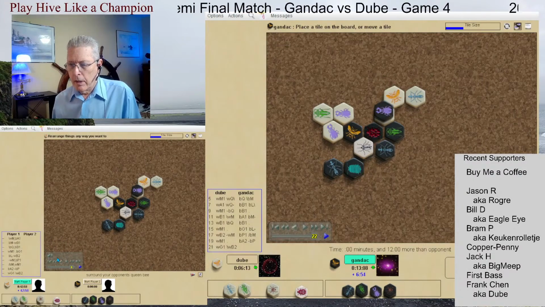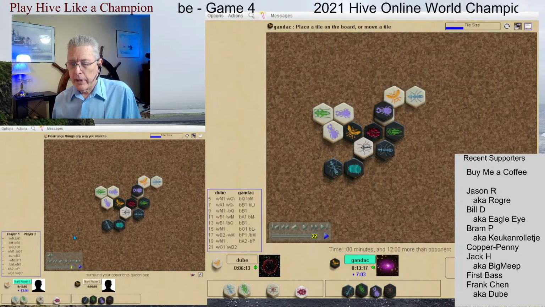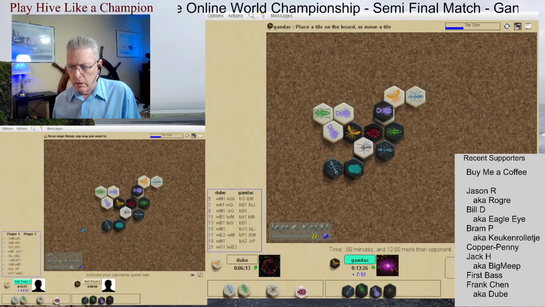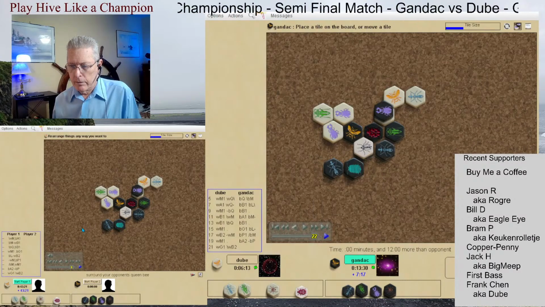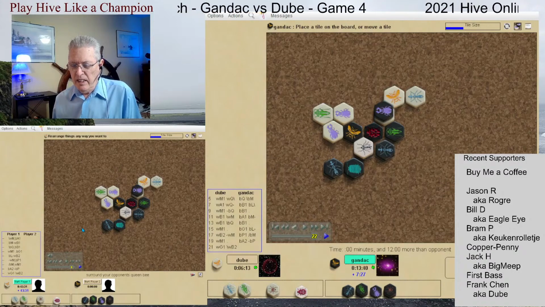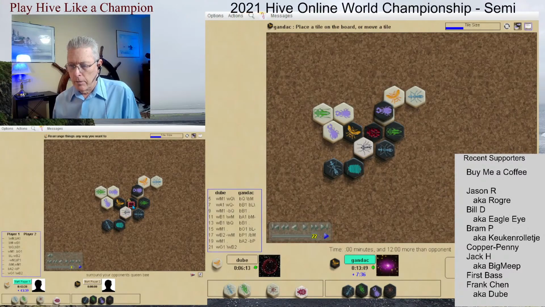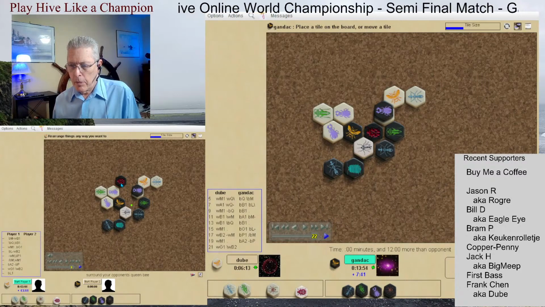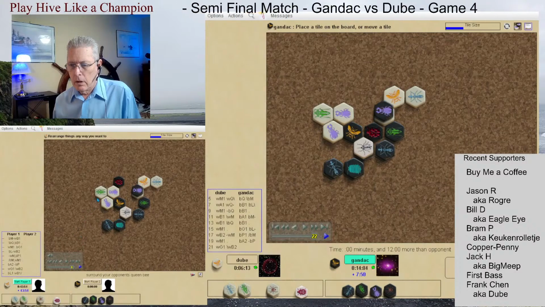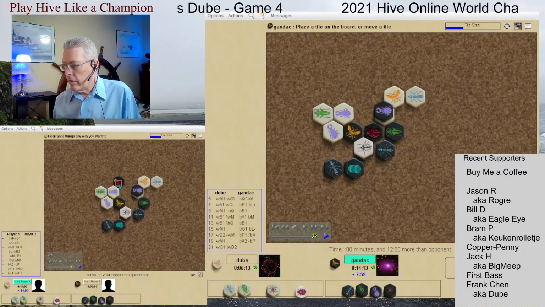And by not opening with the ladybug, Dube does have the ladybug, the most versatile attacking bug for getting into spots protected by gates. So Gandac could defend with the ladybug going to there. So let's see, if the ladybug goes to there,